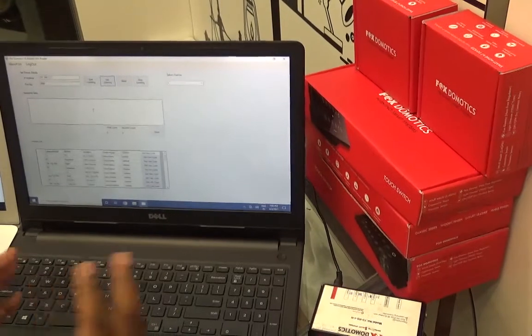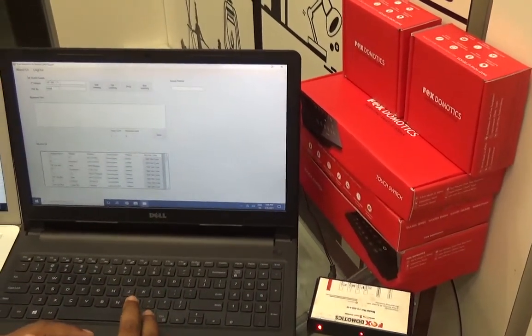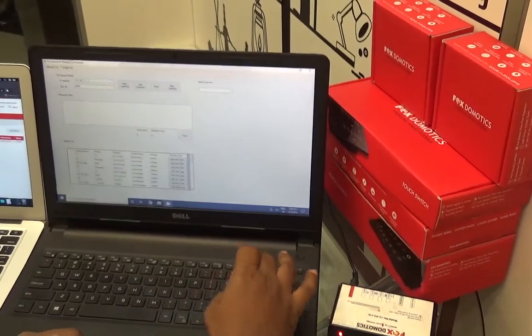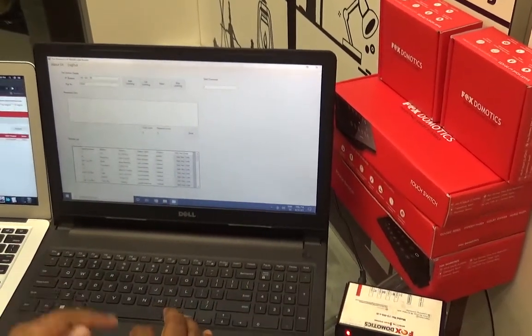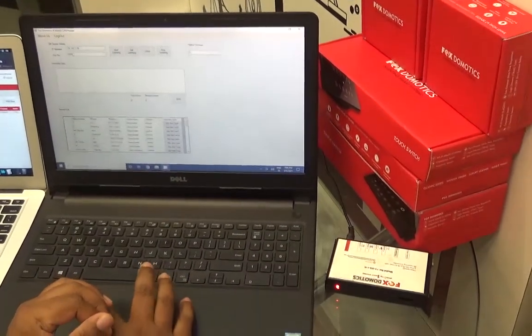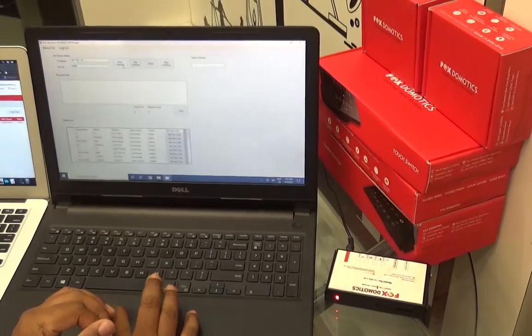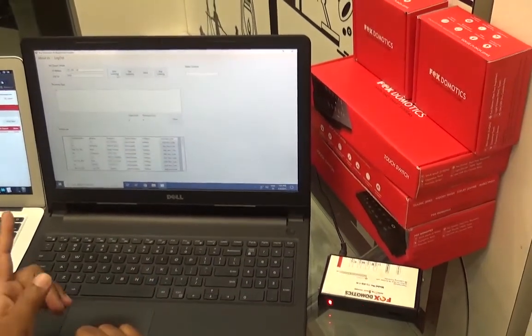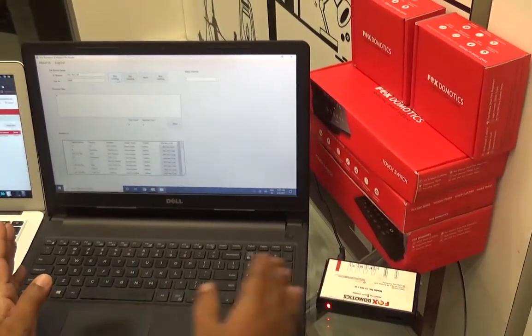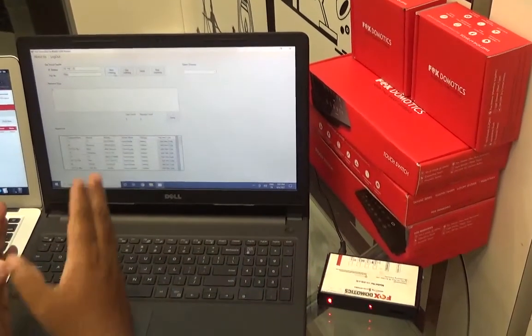As you can see, after login, we can see the IP address and port number. The IP address is 192.168.1.30. Port is always 5000, it is fixed. As soon as we click on Start Learning, we'll receive K, which means both the devices are on the same network, and we can get the reply here.